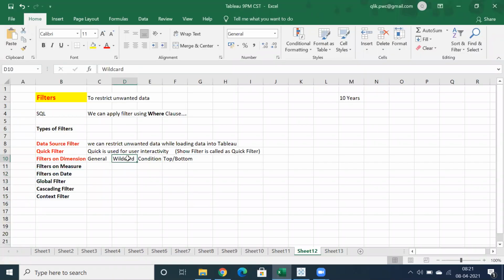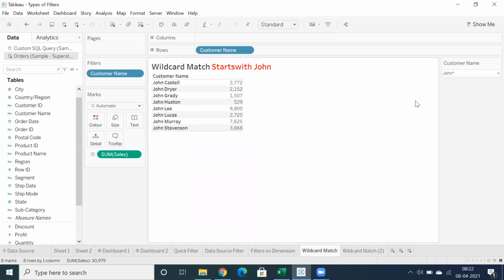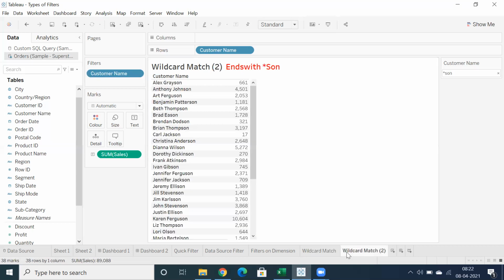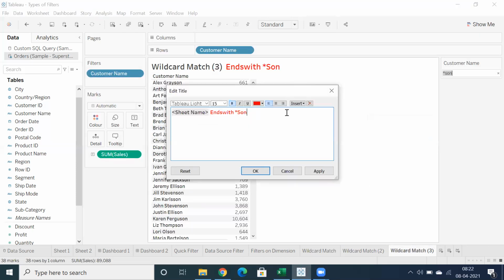So this is wildcard match. We have exact match. We don't prefer exact match because you need to type in the full name, but I'll showcase how exact match works. Let me duplicate this. Even if you have any questions, let me know in the meanwhile, because I'm not sure whether you understand or not.